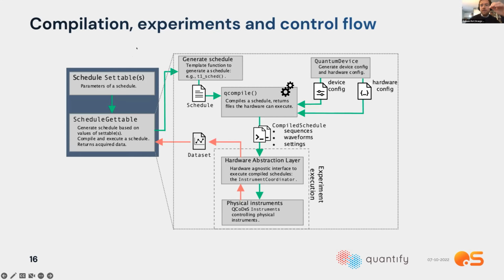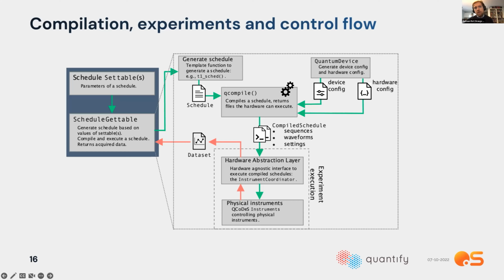So I mentioned previously that Quantify Core used the concept of settables and gettables, where the gettable is the thing that we're measuring, and the settable in this case would be the parameters of the schedule that we are changing. Now, every time that the gettable acquires data, this information is passed to generate a schedule, and this can also be a schedule containing multiple data points at once. And that's being passed to the compilation. We can also have here a settable that changes parameters in this config, so that if something changes, that's actually updated in the compilation process. And that gives us a compiled schedule.